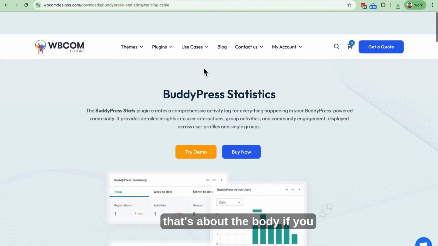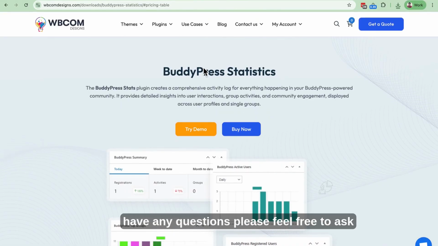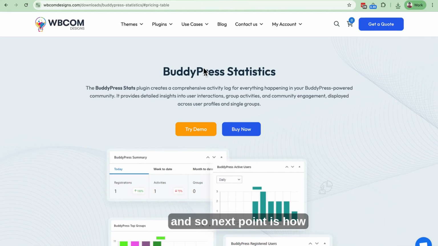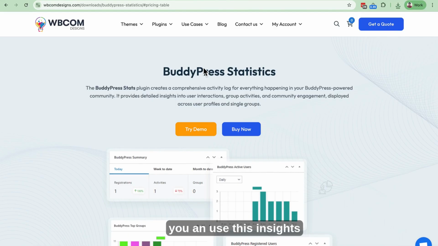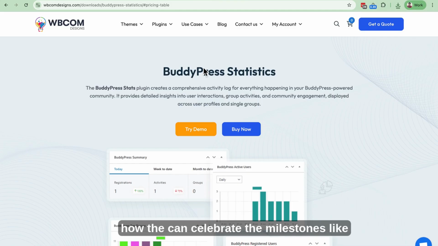So that's about the BuddyPress Stats plugin. If you have any questions, feel free to ask. So the next point is how you can use these insights. After all these settings, community managers can quickly identify inactive users, and see how they can encourage participation, and how they can